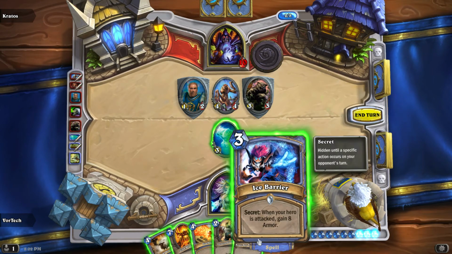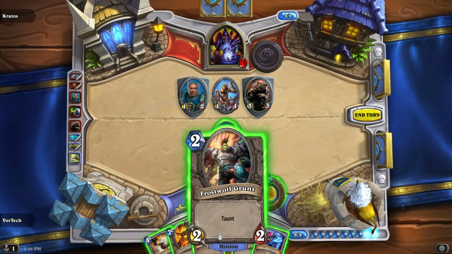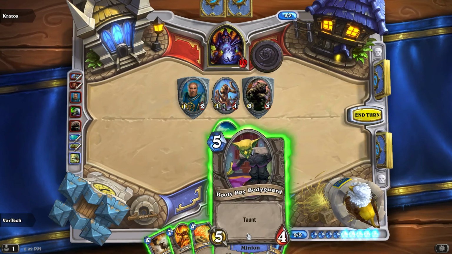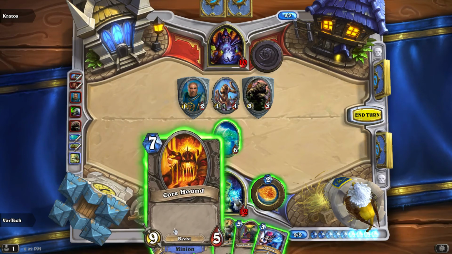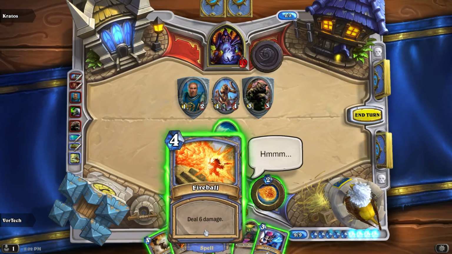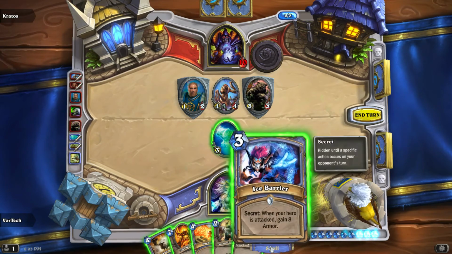Okay, it's my armor card. Probably want to get that out. 9. Let's see, 3 and 2 is 5. Oh wait, I always forget to calculate stuff like this. Okay, so I can't quite get through,